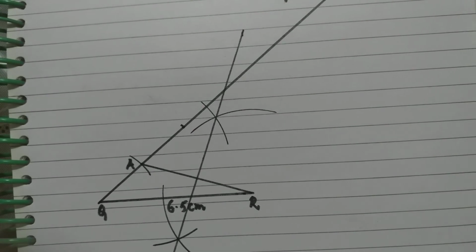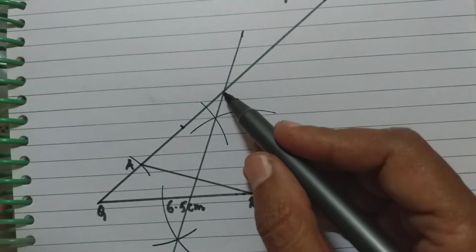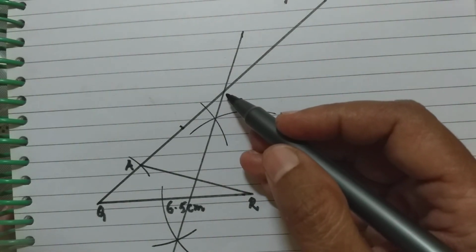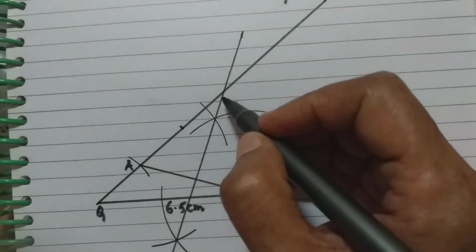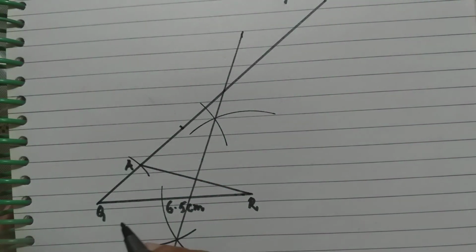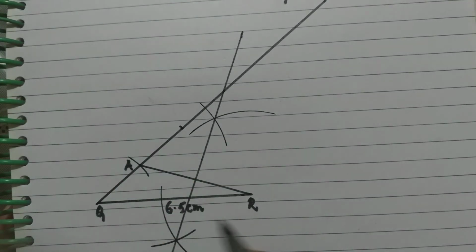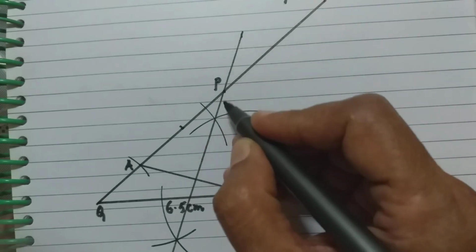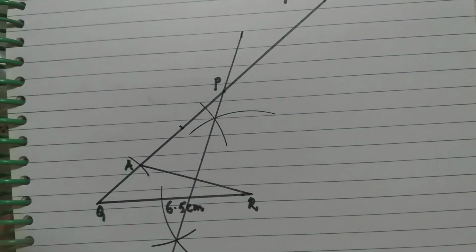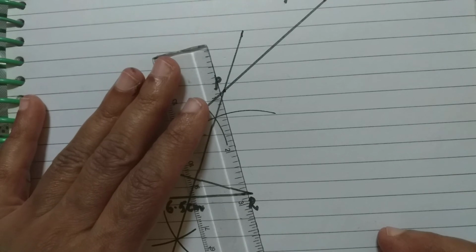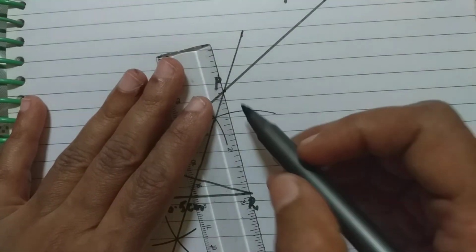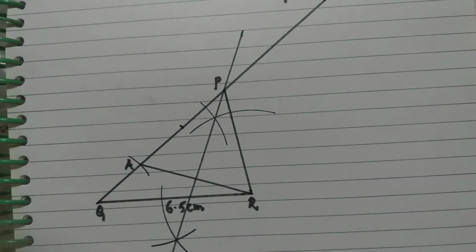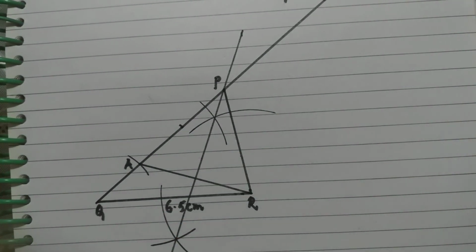Now once I have finished drawing, I know that the point of intersection of the perpendicular bisector with this ray will be my third vertex. And what is the third vertex? This was a triangle PQR. QR is already here. So what is this vertex? It is P. PQ side is already there. QR side is already there. What is left? The side PR. So I join here PR. So my triangle is completed. I have got triangle PQR.